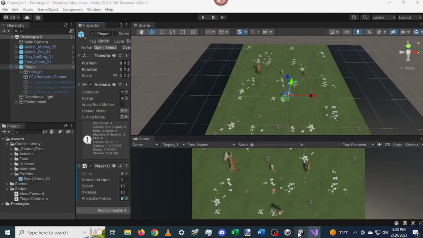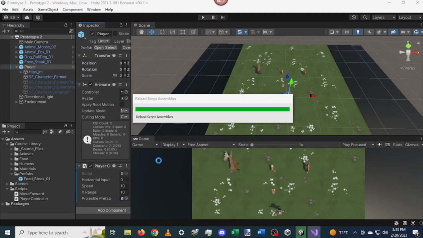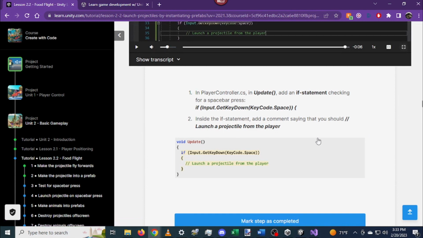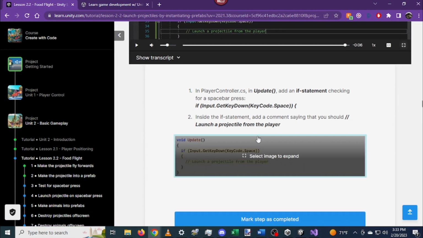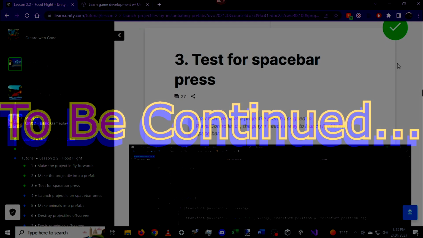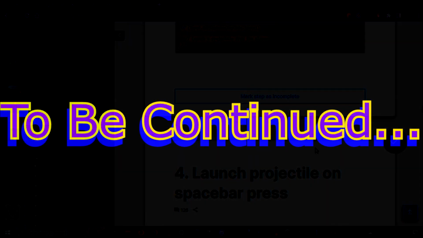Bring back Unity, and there's really nothing to test yet. So let's bring this back. Mark it as complete. See my little lovely green check. Okay, now